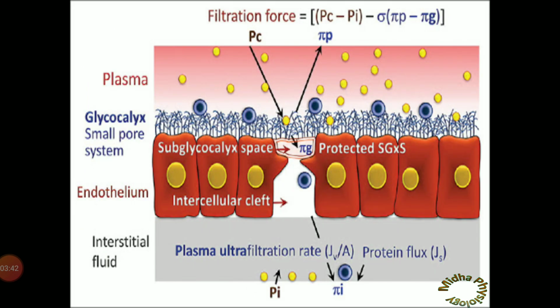Recently, they have discovered that apart from the hydrostatic pressure and the osmotic pressure, the glycocalyx layer present intravascularly also plays a role. You can see these are the endothelium of the capillary, and outside the cell membrane of the endothelium, intravascularly, you can see a layer of carbohydrate. So this is the glycocalyx layer. This glycocalyx layer is also favoring the filtration process. So this is a recent advance.